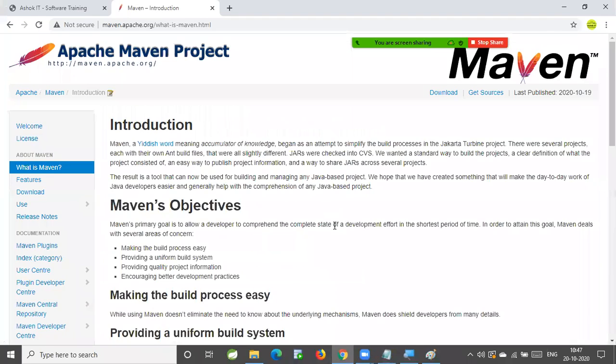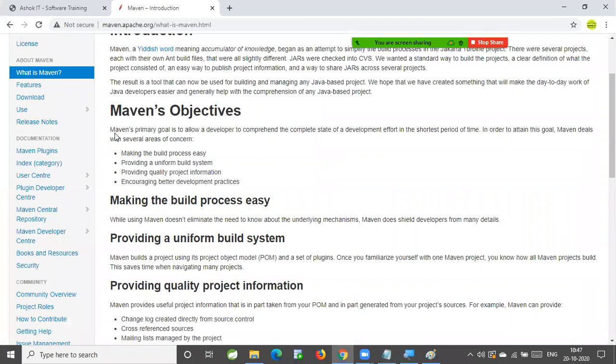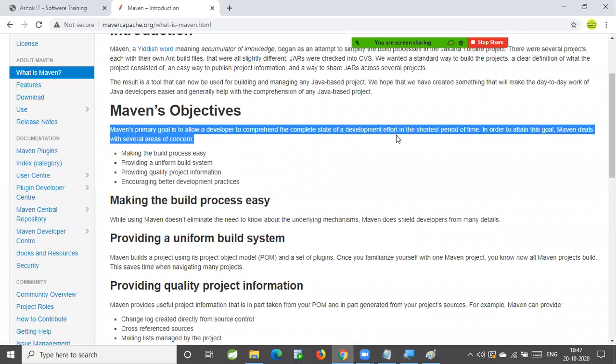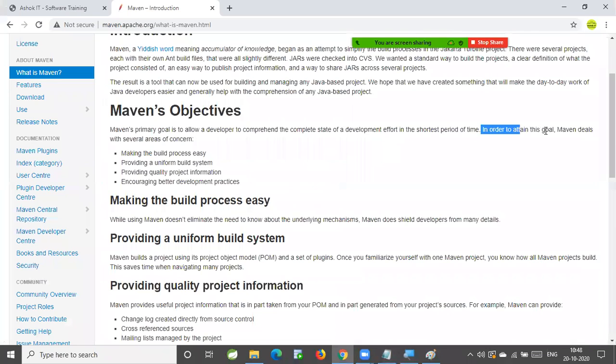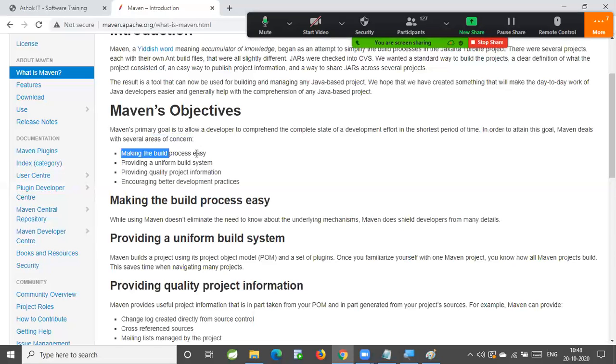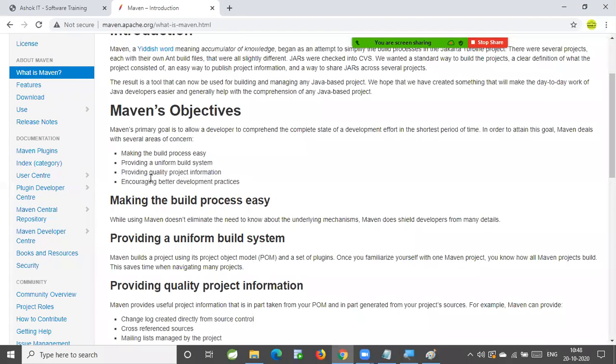Good. Now, let's look at Maven's objectives. Maven's primary goal is to allow a developer to complete the state of application development effort in a short period of time. To attain this goal, Maven deals with several areas of concern: making the build process easy, providing a uniform build system, providing quality project information, and encouraging better development practices.